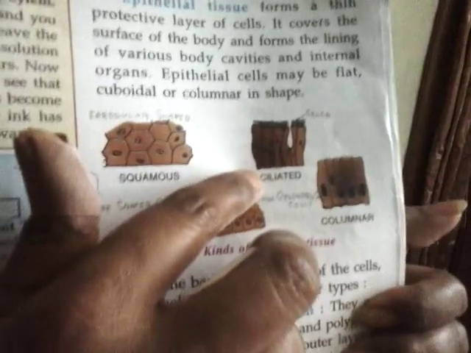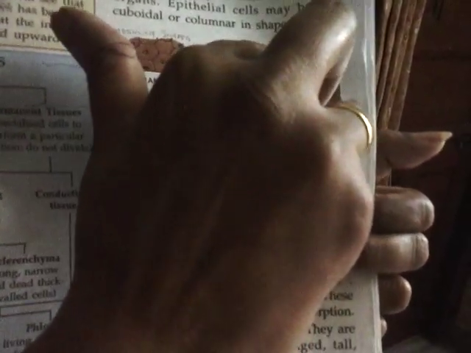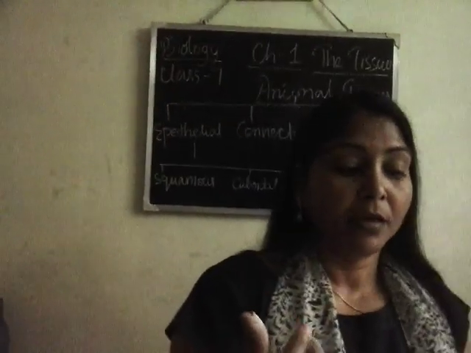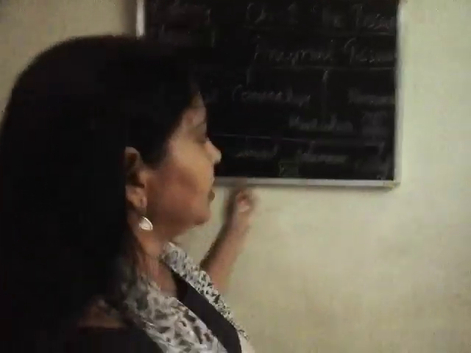And here, this is the ciliated epithelium tissue. You can see they are of the same shape, but the only difference is what? They have cilia. Cilia are finger-like projections, which help the cells to move. Okay, so their function is for contraction or relaxation. It will show different movement. Okay, so we have completed here the first type of animal tissue, that is epithelium or epithelial tissue, and also their types we have learnt.